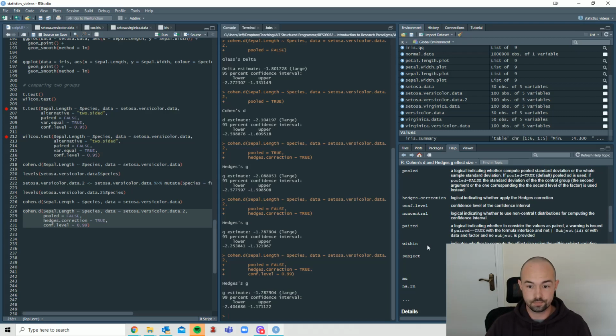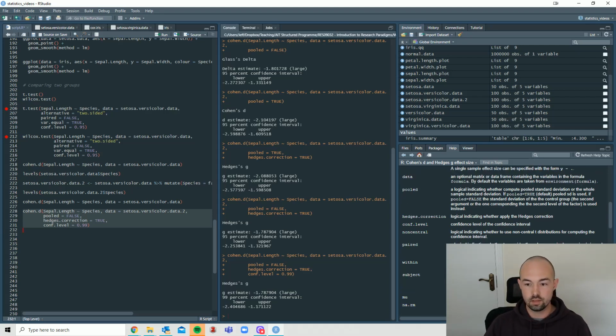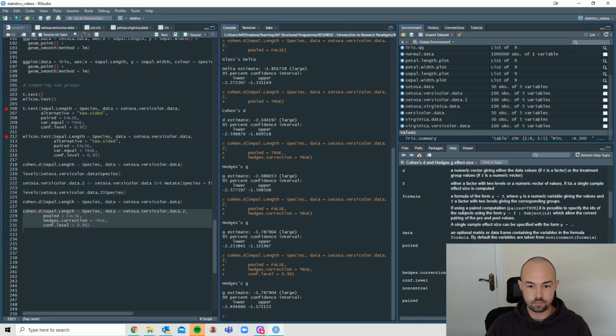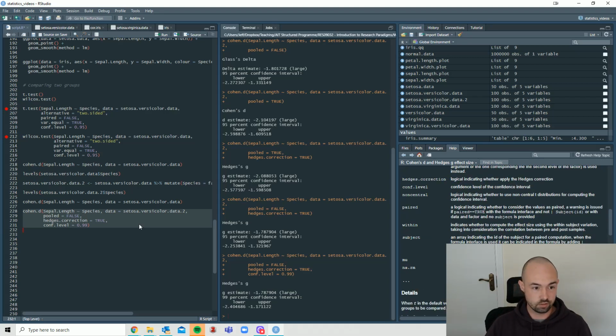and there's within. So compute effect size using within subject variation, so taking into consideration correlation between pre and post samples. True or false again is what you would put in. And then there are subjects, and if you have a single sample effect size, and what to do to remove NAs in your data. It works very similar to the